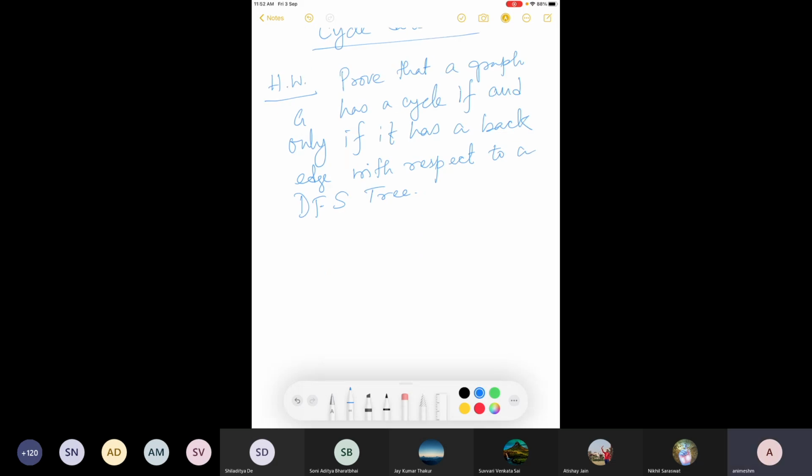So this you will try. If you cannot, let me know. I'll share the proof, but you should try. And this is if and only if, so both sides need to be proved. That is, if G, forward side,